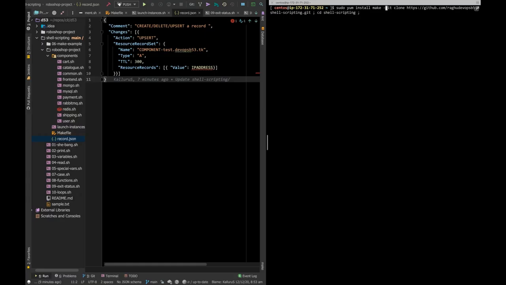I'm just giving all the commands in a single shot. Inside that you have to go with the roboshop-project. Go inside that location and run sudo make, I will say, and then